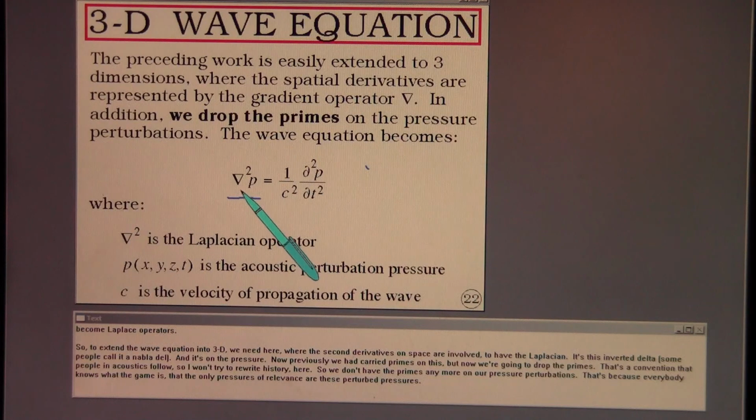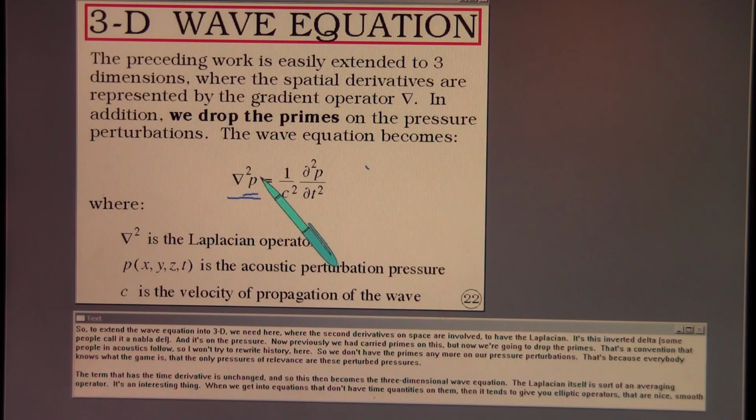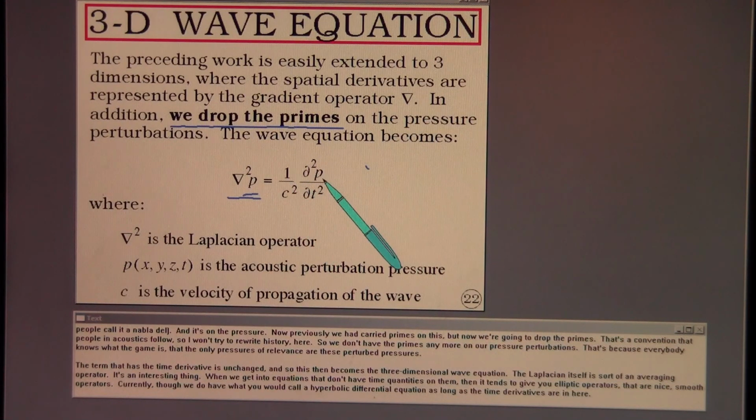It's this inverted delta, some people call it a nabla or del, and it's on the pressure. Now, previously we had carried primes on this, but now we're going to drop the primes. That's a convention that people in acoustics follow, so I won't try to rewrite history here. So we don't have the primes anymore on our pressure perturbations. That's because everybody knows what the game is, that the only pressures of relevance are these perturbed pressures. The term that has a time derivative is unchanged, and